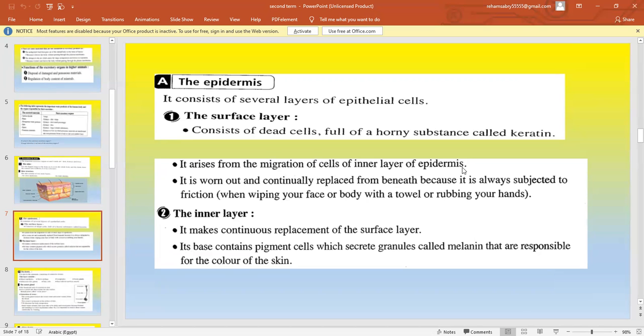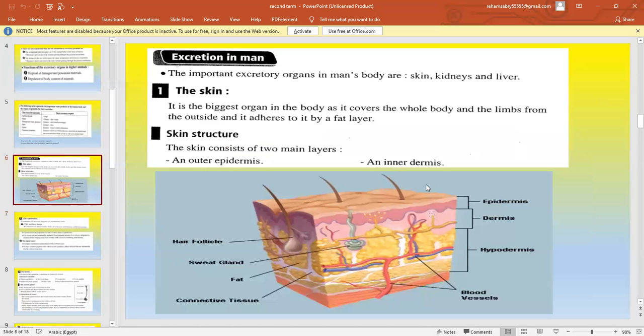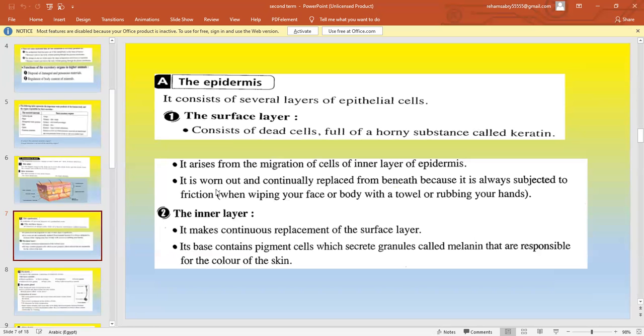Okay, the surface layer also arises from the migration of cells of the inner layer of the epidermis. This means that in the epidermis I have the outer layer and the inner layer. The inner layer always gives rise to the surface layer, the first layer. It always renews the cells in the surface layer. Okay, so this is the second point, and the surface layer is worn out